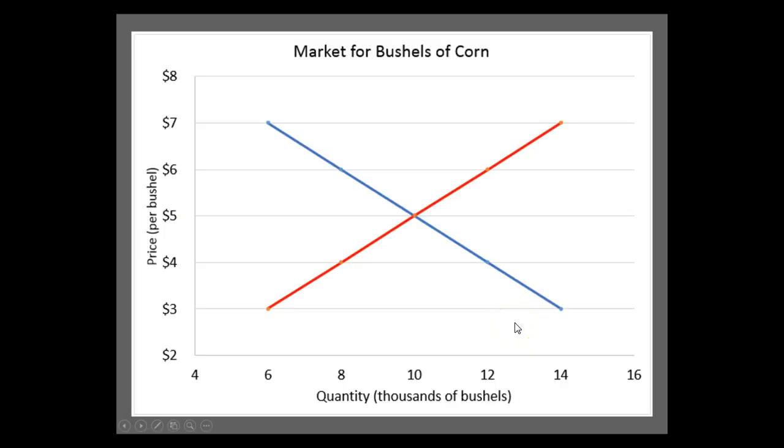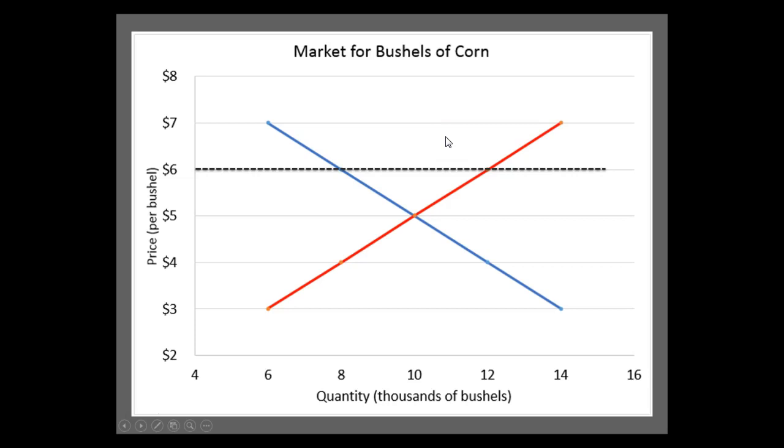The other control the government will often use is what's called a price floor. That is, the government says that the price that the market wants to charge is too low. We want to prevent the market from getting to that lower price because it's unhelpful for some public policy reason. So in this example, we look at the market for bushels of corn. The market normally wants to go to $5 a bushel, but the government may say $6 is the lowest we can go. Any lower than that, and farmers can't survive, or it's not fair to farmers. So they set this price so that it prevents the market from getting to where it wants to go.